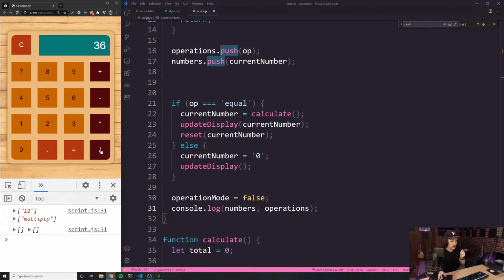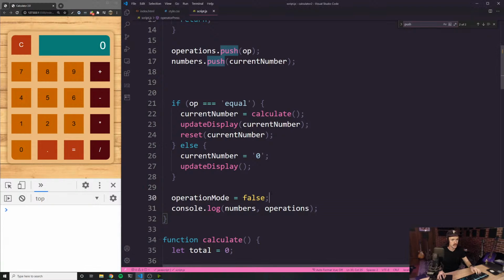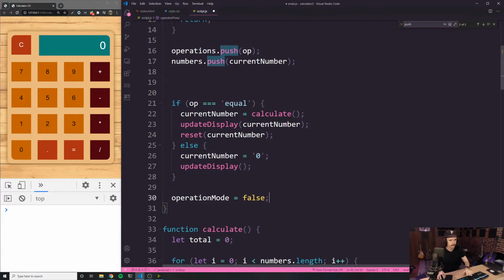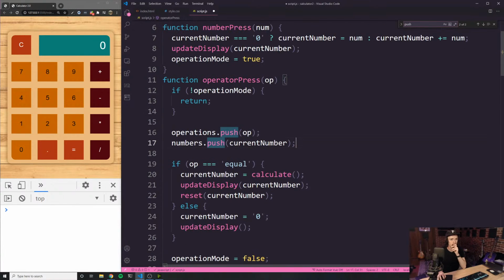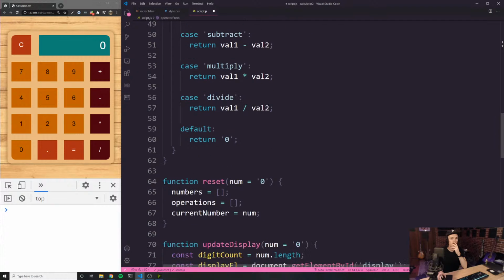And then if I click divided by 3 equals, it's basically staying that way. So what I need to do is, let's say inside of reset,